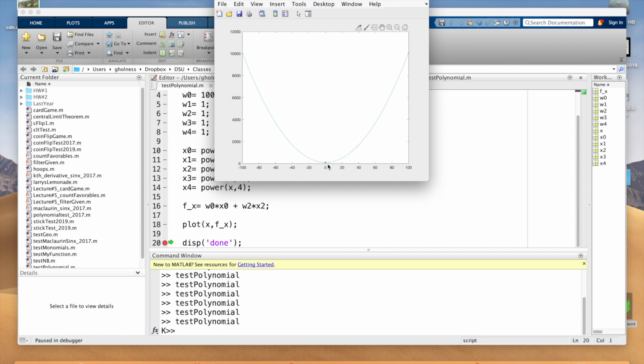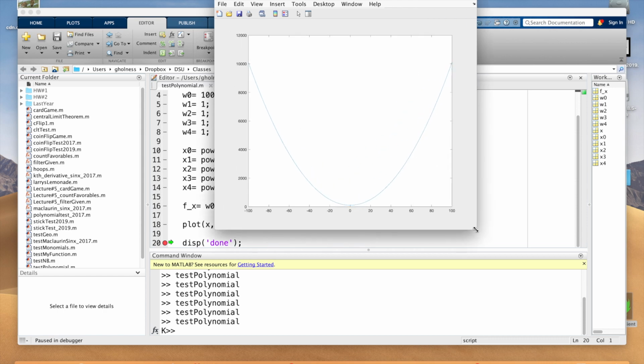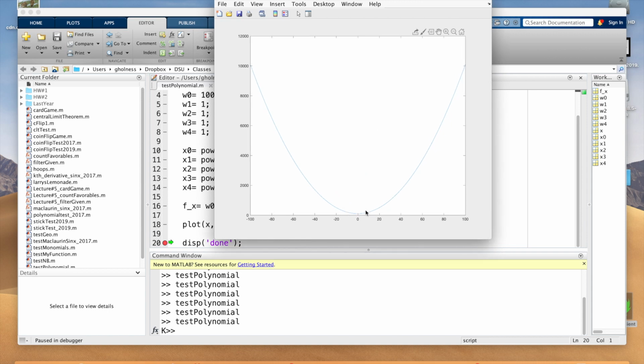Okay, so you'll notice here, it's kind of hard to see. I should change the scale. This parabola doesn't touch the x-axis. It's above the x-axis, right around just at 100. So if I go here right at the origin, it doesn't actually touch. It's at 0 comma 100, right? And so that x naught w naught took that parabola and picked it up in the y direction.